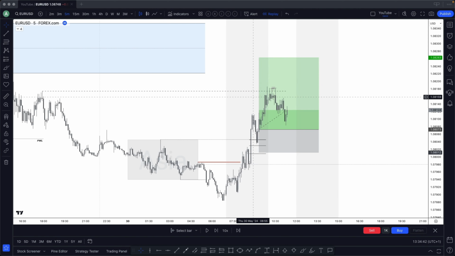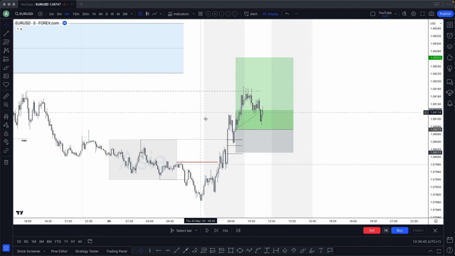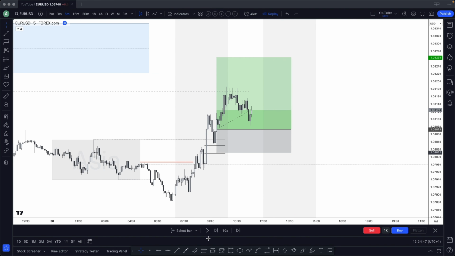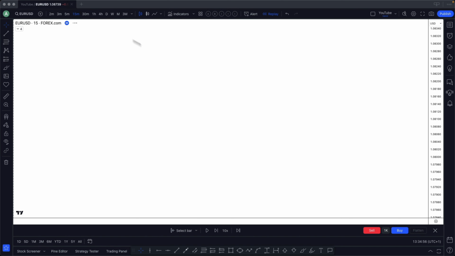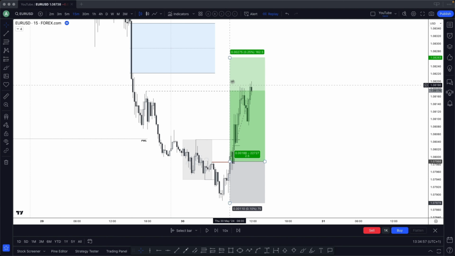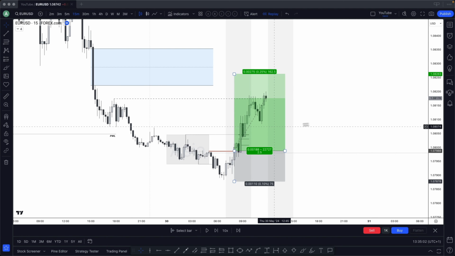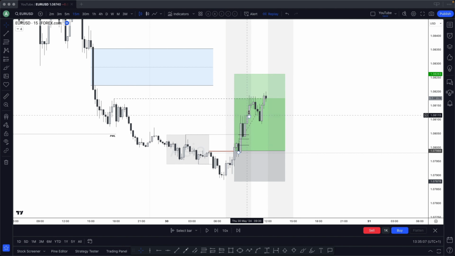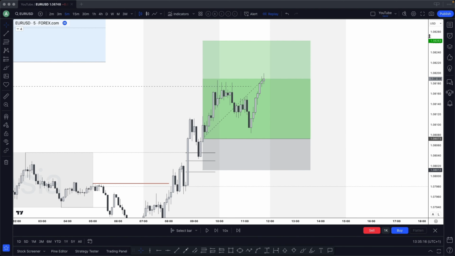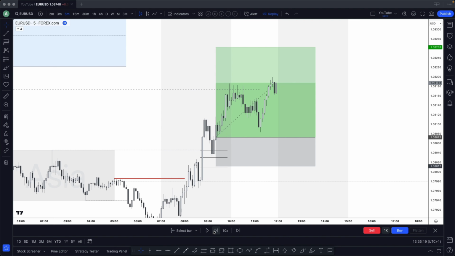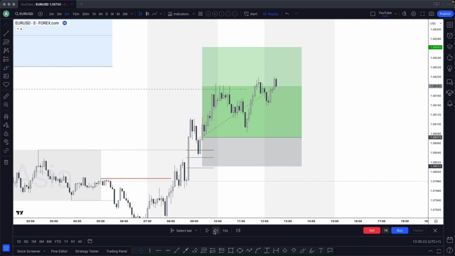But I had confidence in the overall setup. I'm not really one to take partials or anything like that, so I just continued to hold this one. And if we look to the 15 as well, price was still very much bullish in my eyes. This was just merely a pause in the move high. There wasn't any huge bearish intent coming into the market. There wasn't a huge amount of sellers coming into market in my eyes. So again, I was confident just to hold this one and just let price do its thing,